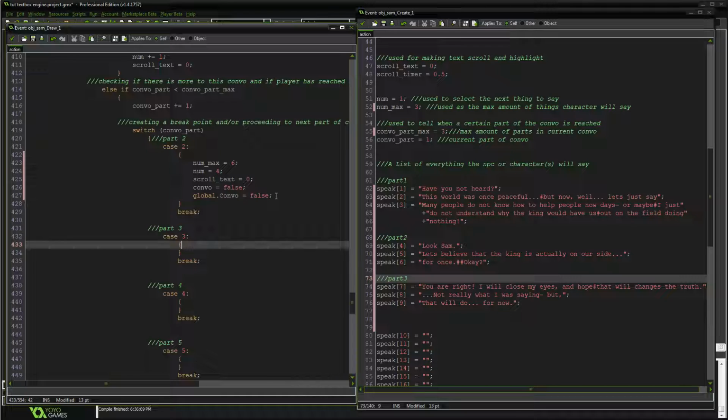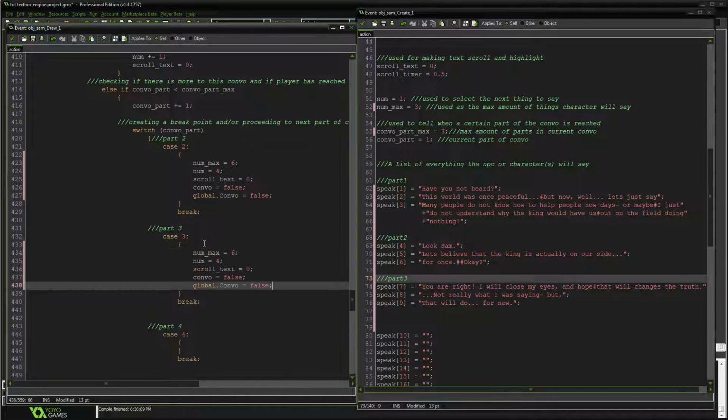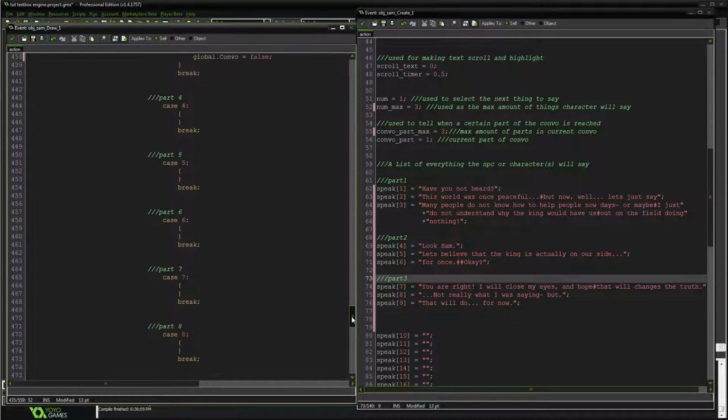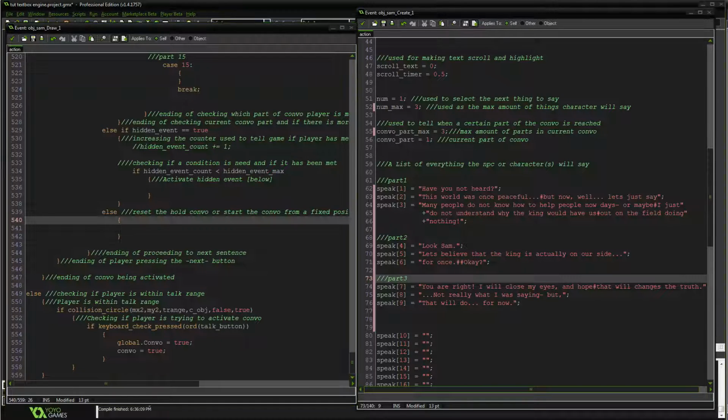What happens on part 3? Pretty much the same exact thing. You just simply change the max amount of sentences. It stops at speak 9. So that's 9. We're gonna start the player at 7. Boom. Okay, so now we need to figure out, do we want it to automatically reset the whole convo, which we did not do inside of the engine? That could be kind of bad.